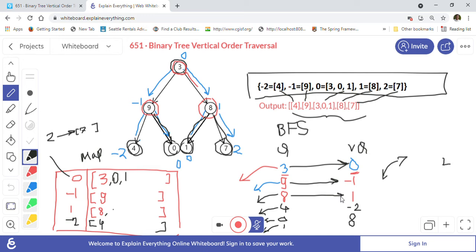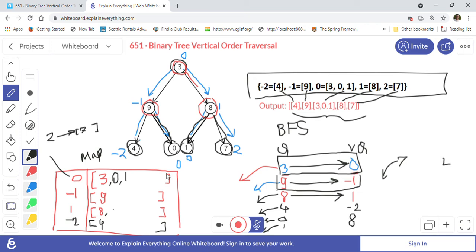When we are pulling out any value, we will pull both values simultaneously, right? So 3 and 0, 9 and -1, 8 and 1. We are pulling both values simultaneously from both queues.